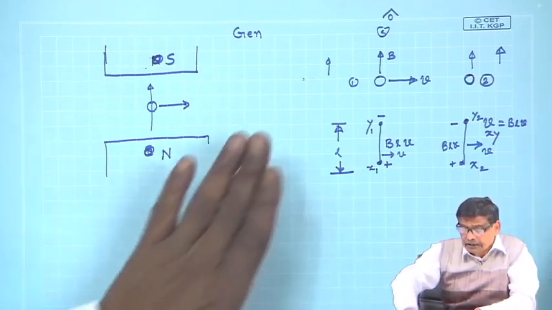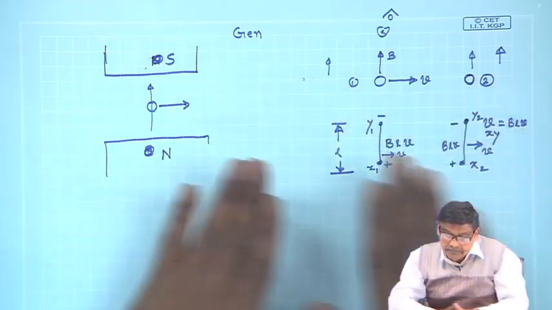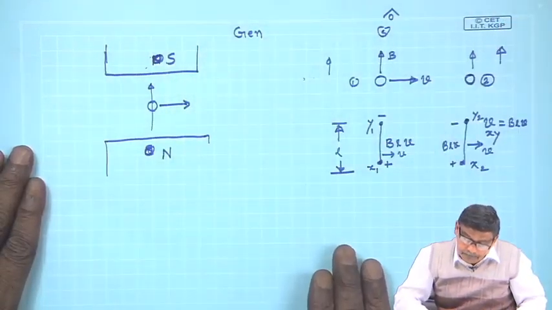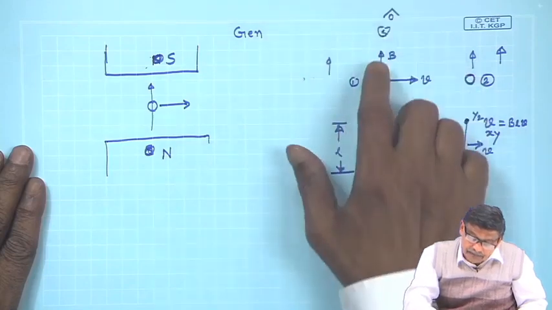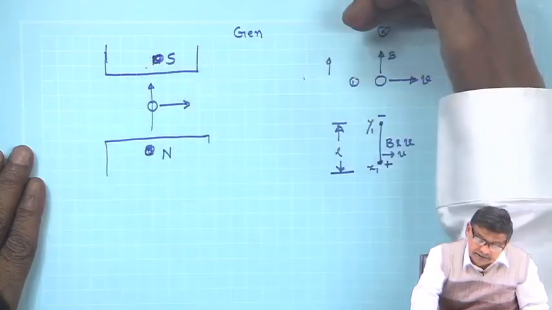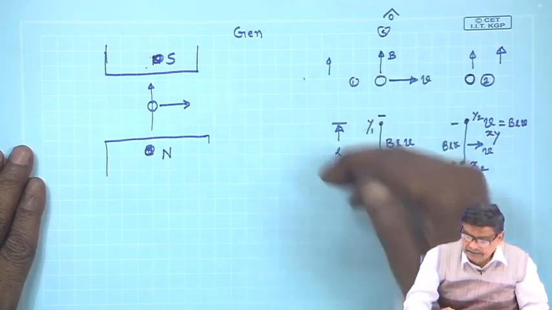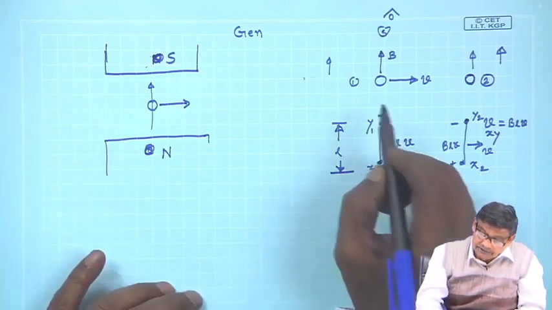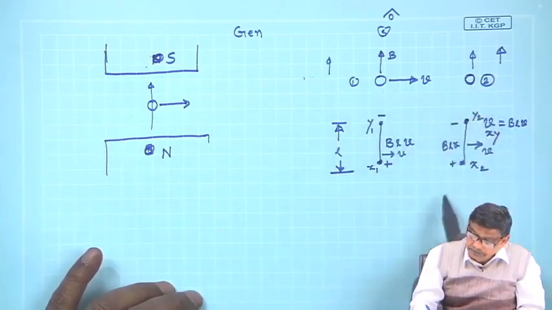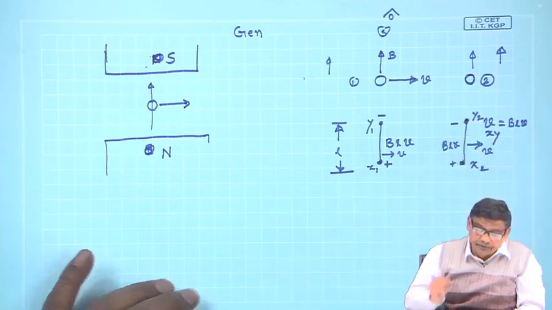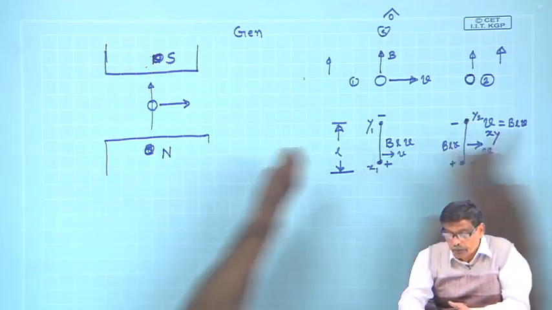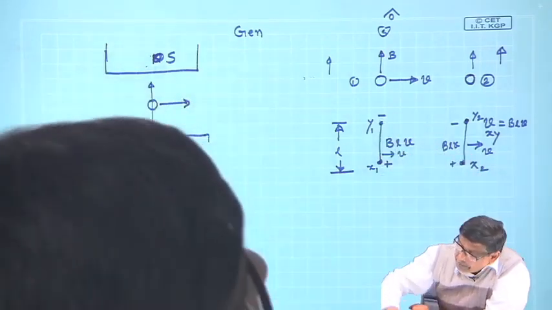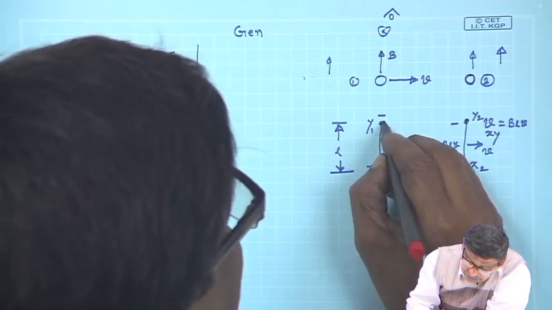Understood this scene? Therefore, these two conductors are moving in a uniform magnetic field B, which is from bottom to top. Arrowhead indicates this side is south pole, back side indicates north pole, whatever it is. So, there are now two conductors, x1 y1 and x2 y2, their two ends I have shown. Acha. And these are moving. Acha, suppose somebody takes a piece of wire and joins these two